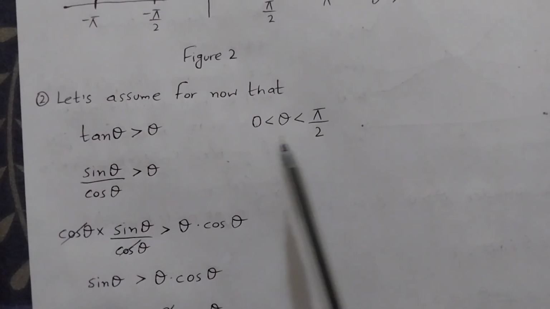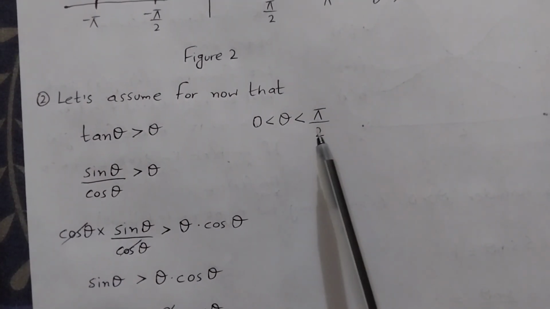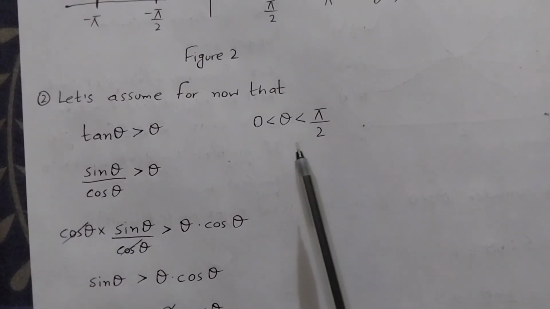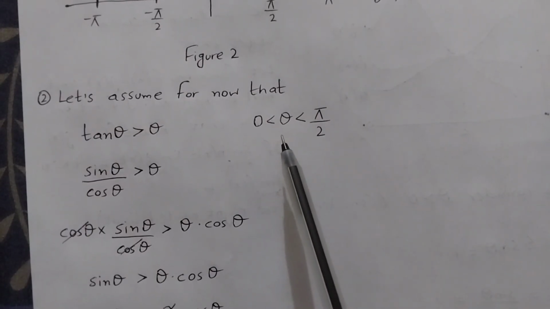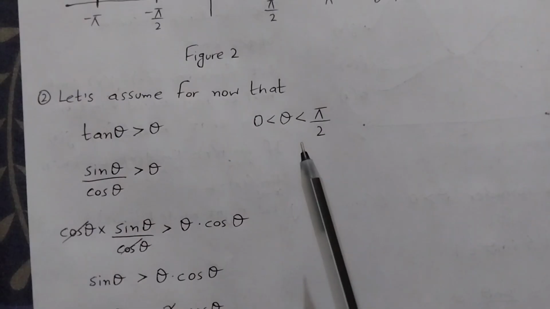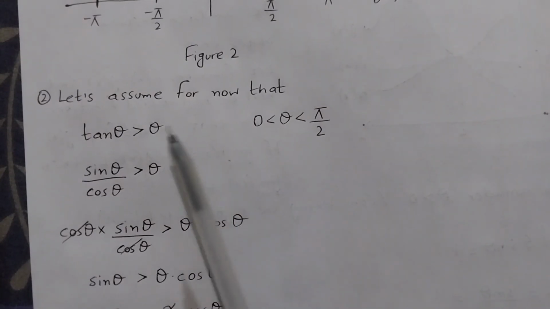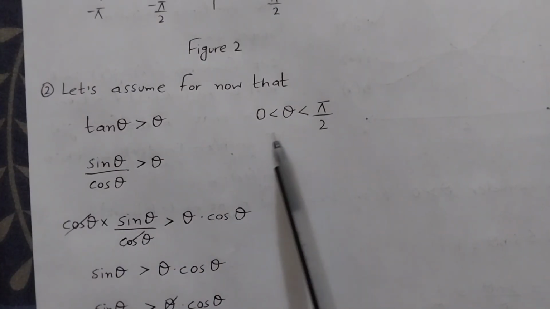Because tan gets undefined, or goes to positive infinity, at pi over 2, I'm not taking pi over 2 here, and I'm not taking 0 either, because we are not interested in what happens at 0. We are interested in what happens when we move closer and closer to 0. So I am saying that tan theta is greater than theta for this range of theta,